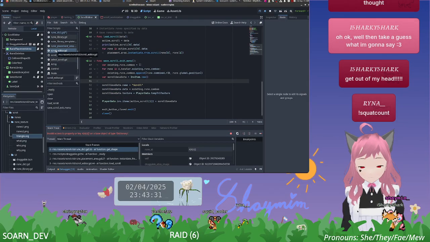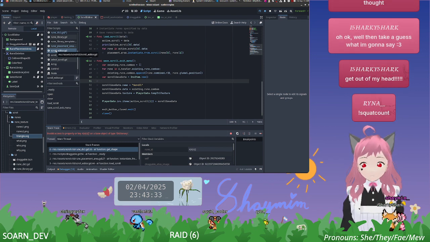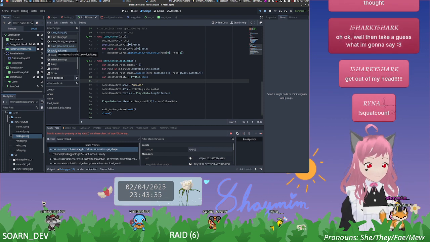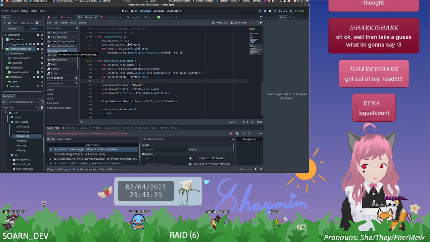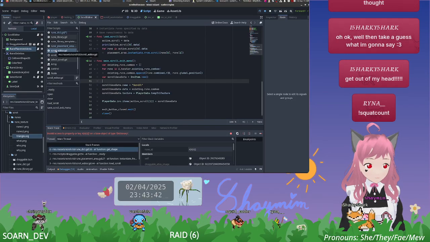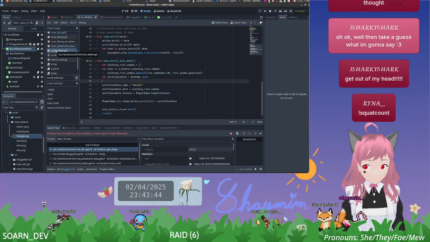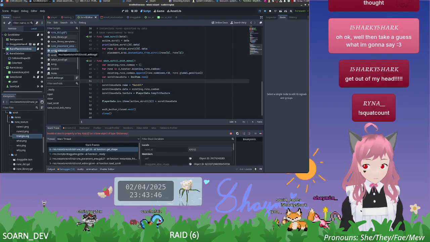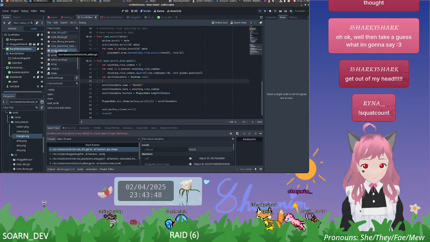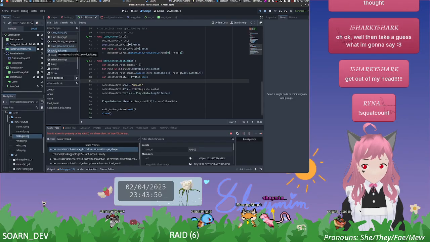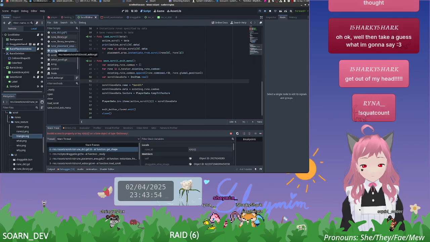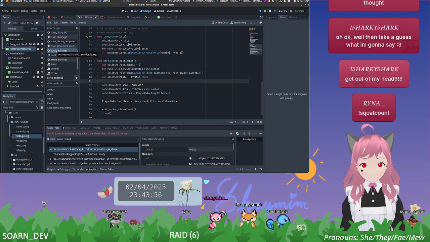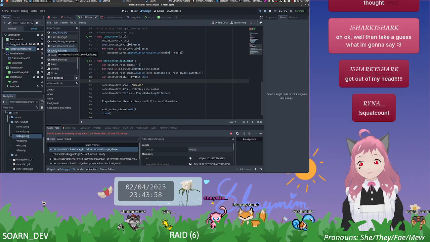Alright, the problem we're running into there is that it's trying to find the picture of the rune we're looking for. And it can't find it because it doesn't exist, right? It's not in the dictionary yet because I have only the simple pieces of it. And then it's supposed to instantiate each individual part. And right now, it's just instantiating the entire thing at once, which doesn't work because it's in parts. So what I need to do